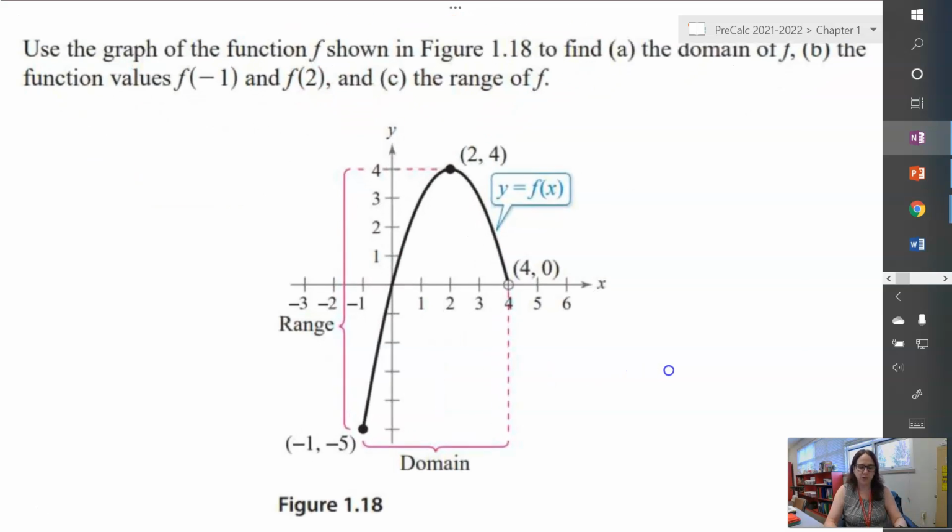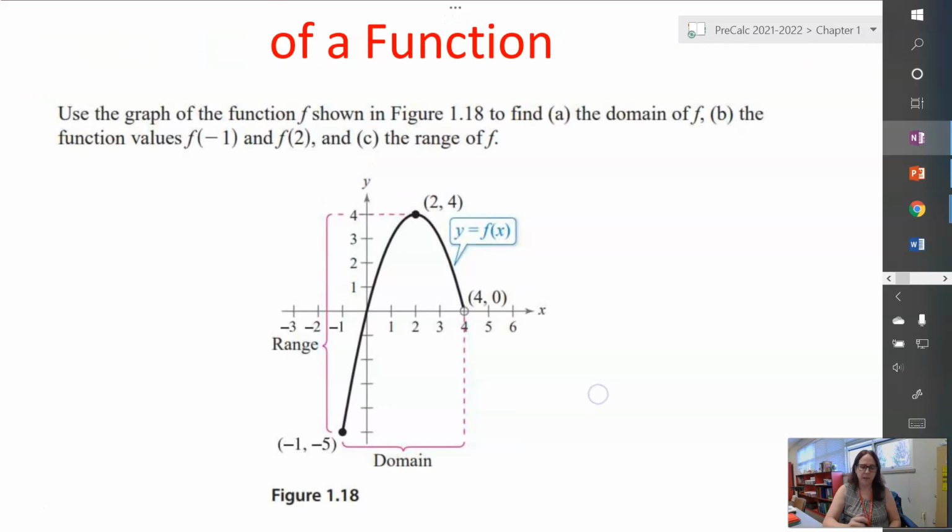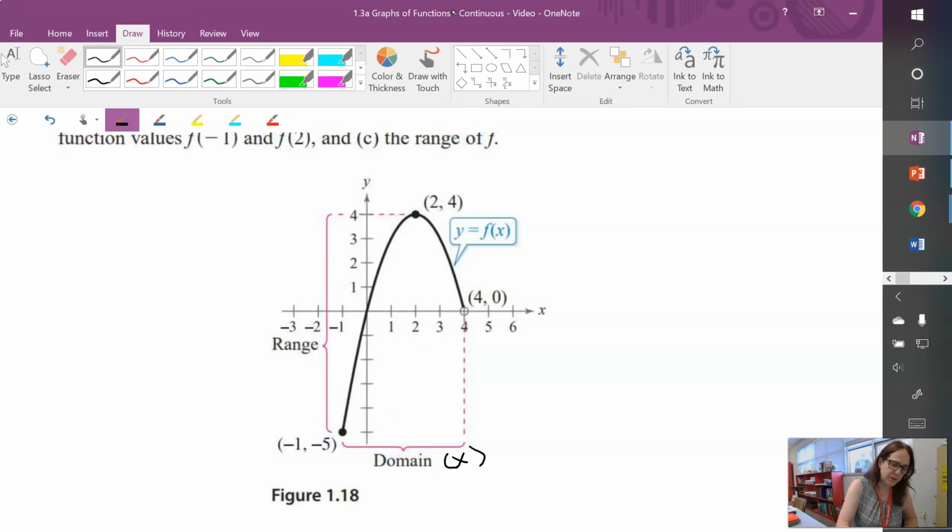So look at the function on this page. What we have here is part of a parabola where we have these filled in circles on the end there. That's where your graph stops. In your book, if it did it just like this with no arrows and no dots, that means it keeps going. But if we have little circles there, a filled circle and an open circle, that means that the graph stops. So for the domain, which is the x values, I want you to notice that the domain starts